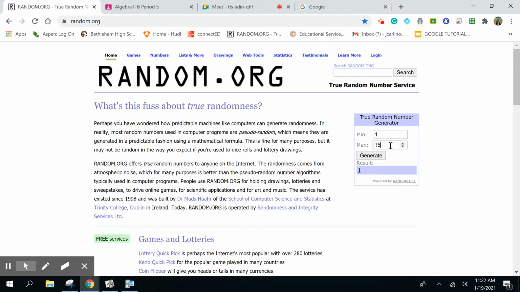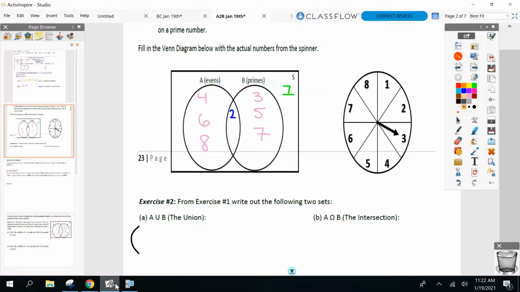There we go. Bassett, give me A union B here. So 2. Good. Wait, hold on, Bassett. A lot of people don't think you put 2 in because it's the intercept. Yeah, 2's part of set A and B, so it still goes in here. Good, Bassett. Keep going. 2, 3,